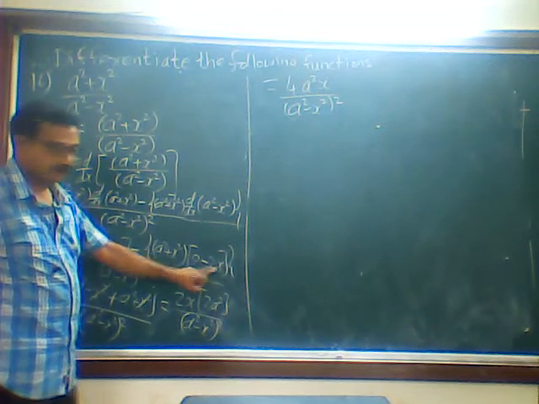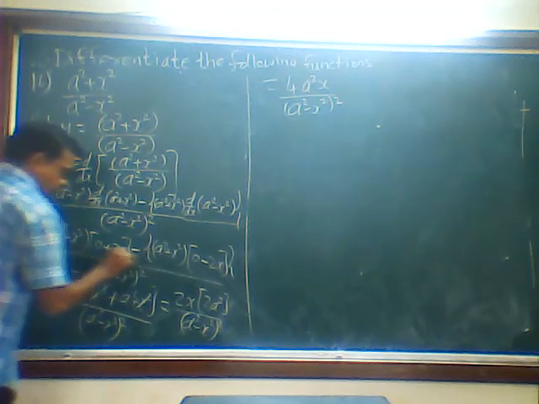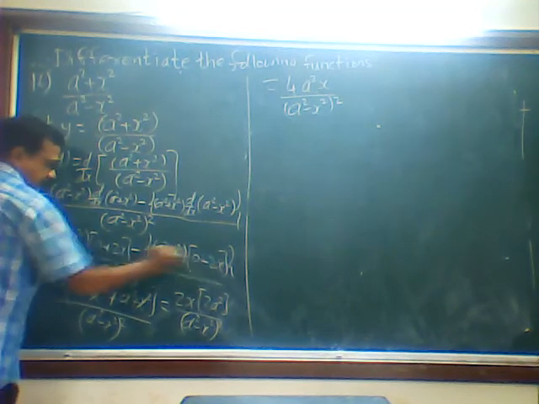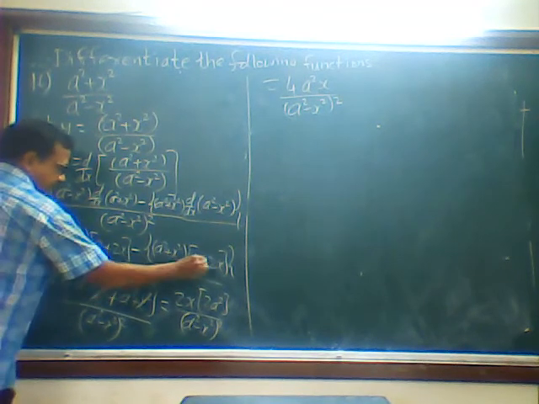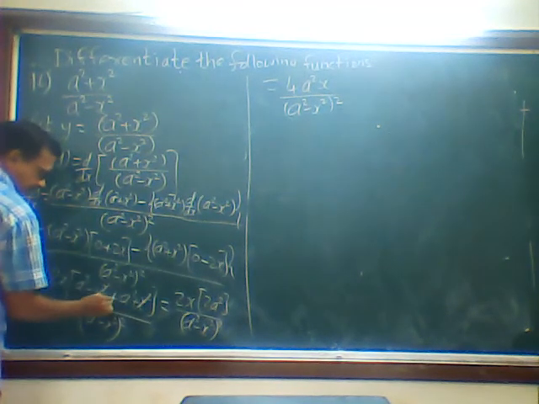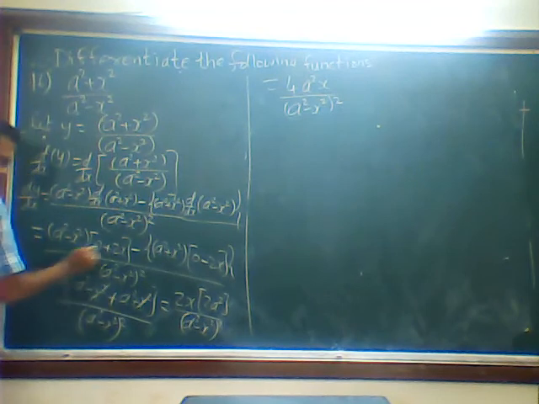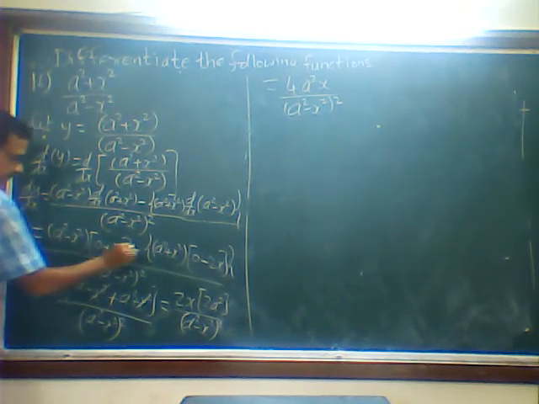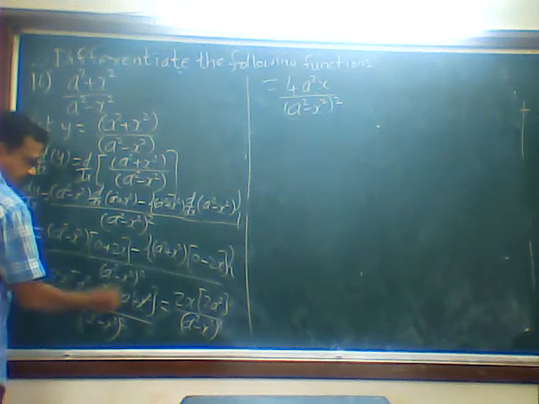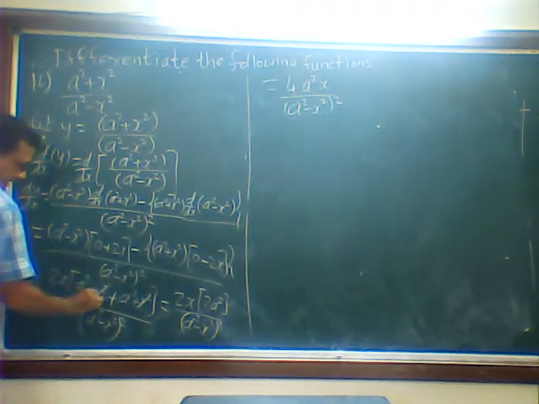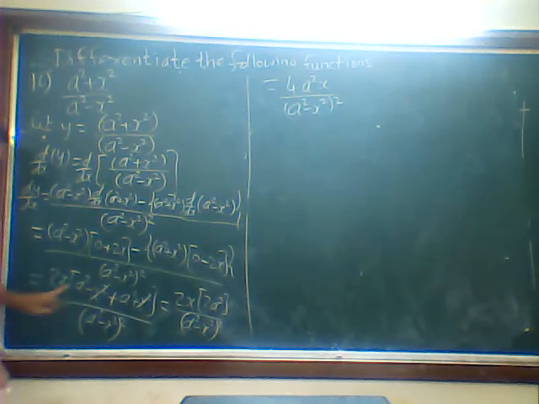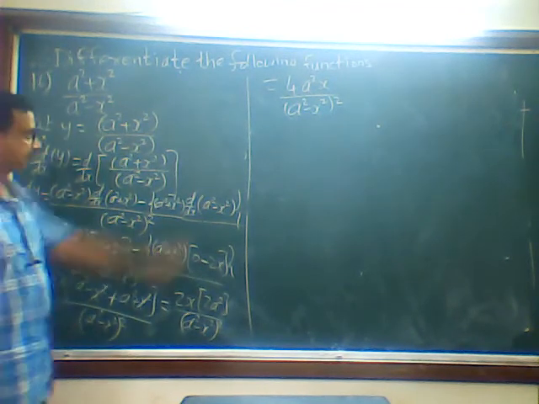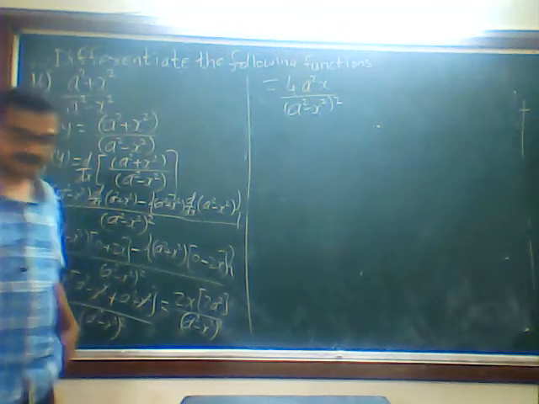is 2x. Then what I have done, 2x I have taken common, and this minus sign, when I open this lower bracket, this minus into this minus has become plus here. Got it? Then I have taken 2x outside in the bracket. What I have done, a square minus x square, minus into minus plus a square plus x square, minus x square plus x square get cancelled. A square plus a square is 2a square into this 2x, that will become 4a square x upon that. Got it?